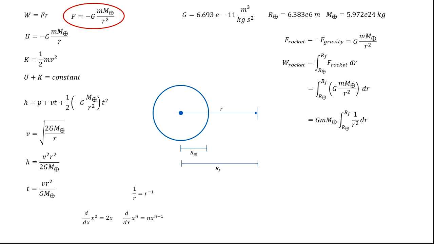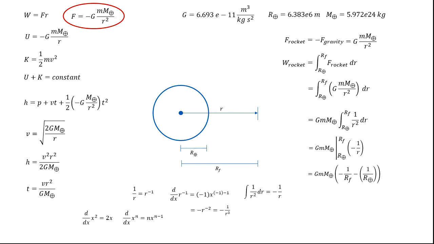1 over r is the same as r to the minus 1. The derivative of r to the minus 1 is minus 1 times x to the minus 1 minus 1. That equals minus x to the minus 2, which is the same as minus 1 over x squared. So the antiderivative of 1 over r squared is minus 1 over r. To solve the integral, we evaluate minus 1 over r from the radius of the Earth to the distant location r sub f. That equates to minus 1 over r sub f minus a minus 1 over the radius of the Earth. That simplifies to 1 over the radius of the Earth minus 1 over the distance